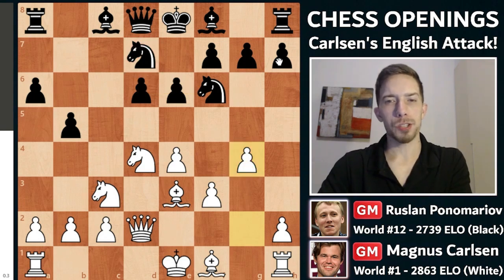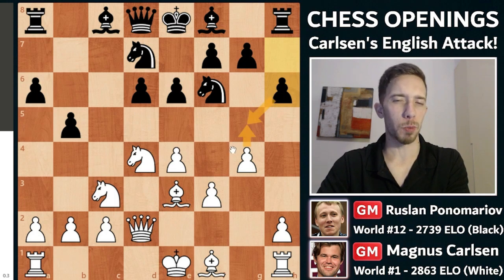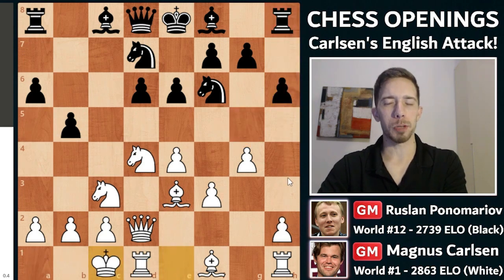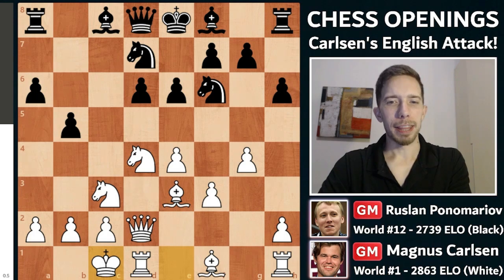Now in the game, black stops the pawn advance with the move h6. Of course, if white advances g5, black is simply going to take back on the g5 square, and that will activate the rook on the h8 square, which is to black's benefit. So for that reason, Magnus does not go g5. Instead, he simply long castles, completing his queenside development. And this is really the end of the opening phase of this game,